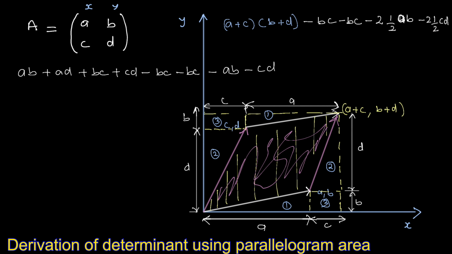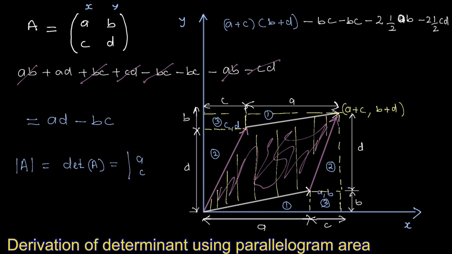Some stuff cancelling out. Well, there's AD here minus AD plus AD, that's gone. CD here plus CD minus CD, that's gone. BC plus BC minus BC, that's gone. AD minus BC. That's exactly what we got from the determinant. So the determinant of that matrix A, which can be written with A, C, B, D and the determinant sign, is equal to AD minus BC. AD minus BC. That's what we write. So that's a proof that the determinant is used to find the area of a parallelogram of a